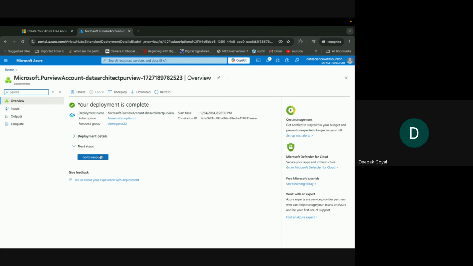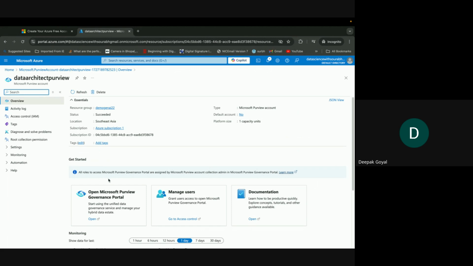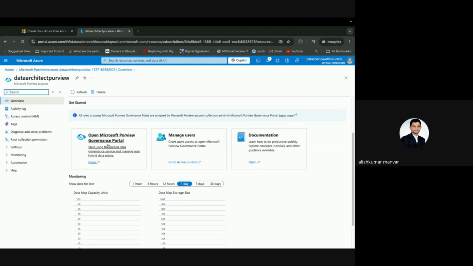Okay, so this deployment is complete. Go to resource. And here you will see that once you create a Microsoft Purview account, here you will find